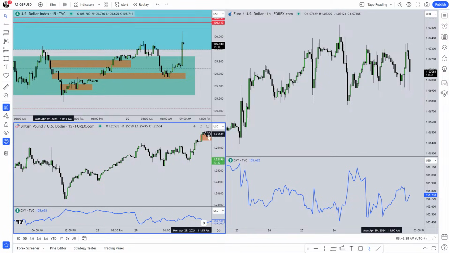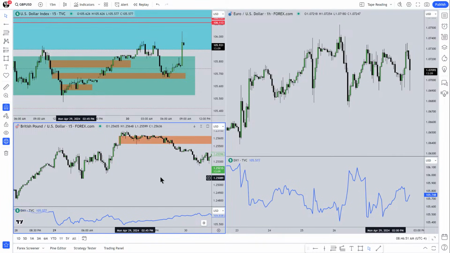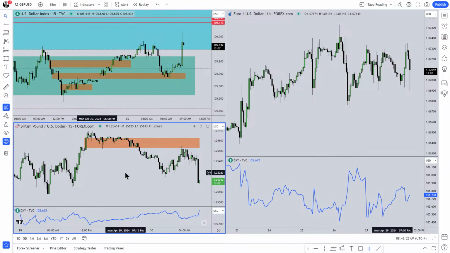So what that means is you can fade this bull flag, which is going to be a retail idea that they think this is an uptrend, it's continuing higher. Maybe they'll look at this move here and it's consolidated and that measure move calls for continuation on the upside. Not when the dollar's telling you this, not when it's doing that. And then you get the false bull flag that breaks down. But now this is what I want to teach you as well. If this is going to be a false bull flag,